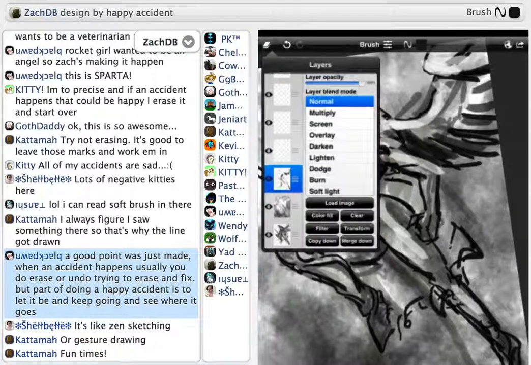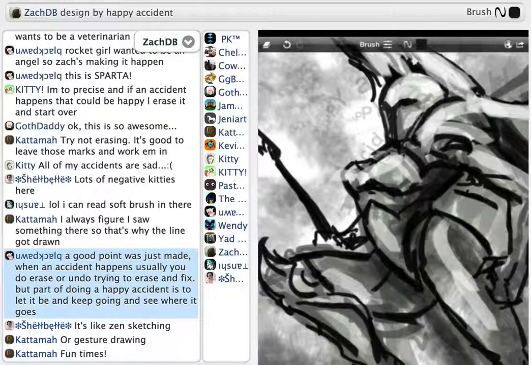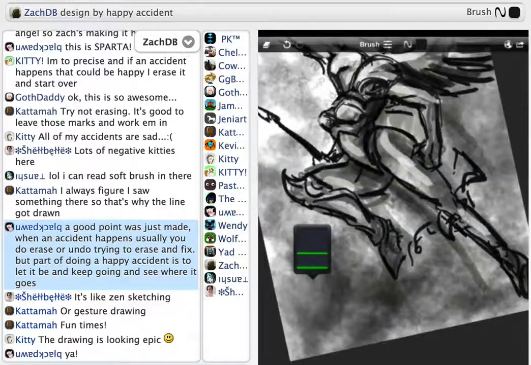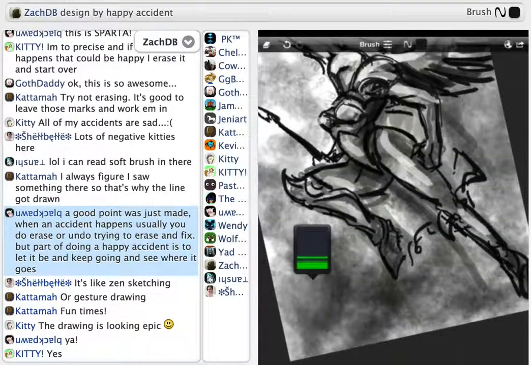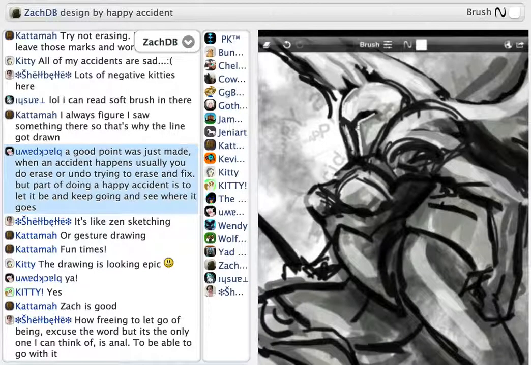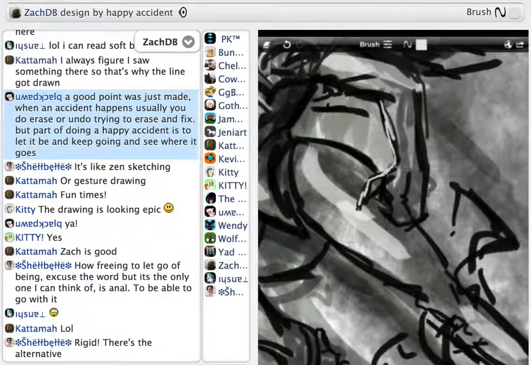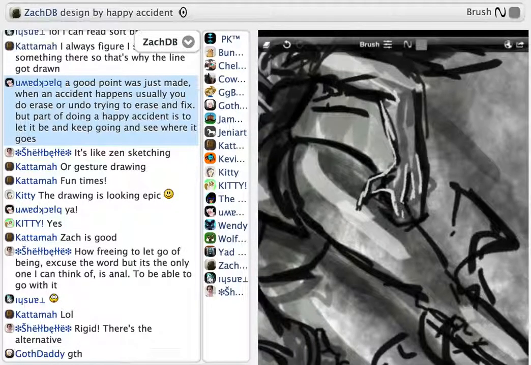I guess a really good example of a happy accident that just happened, or not just happened, but just by the way it looks, would be this hand, because I just scribbled it originally, just trying to make like a balled fist or something, and it actually looks like a really intense looking claw gesture, and I did not intend for that to happen at all, but it did, and it looks great, so I'm just going to roll with it, and that'd be a perfect example of a happy accident.